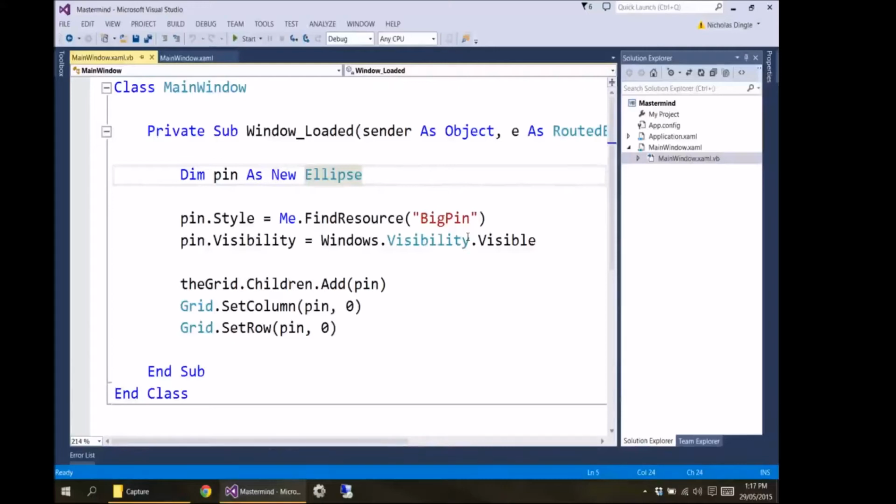Now, we can get started on that. Then I set the style of it to be the one that we created last time. So big pin just made it big and black and ready to go. And then the visibility turns it on, make sure it's there. Okay, the reason I put the visibility now is because what we're actually going to do, every single pin that